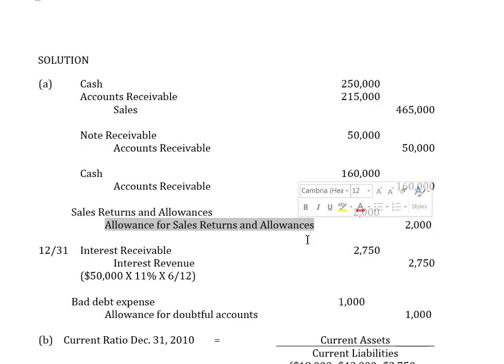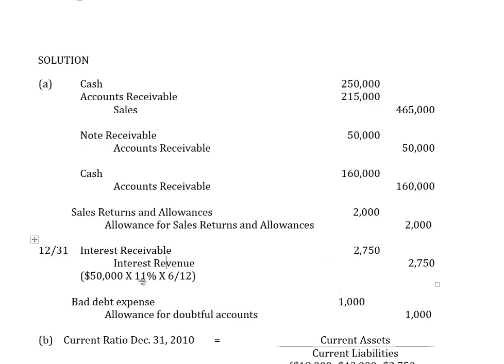Now at the end of the year, we know that we had to accrue some interest, because if you read ahead in the question, you do have to calculate a current ratio and the receivables turnover ratio. So to get your current ratio, you need to make sure that you know all of your current asset accounts at the end of 2010. This would have been an amount that would have been a current asset account, because we need to calculate the amount of interest receivable and the amount of interest revenue that we're going to record when we accrue it on